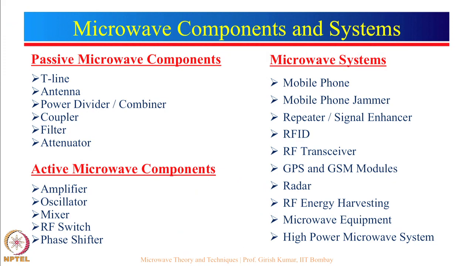So, just to conclude, we started with the course outline. We did mention what we are going to cover in this particular course, and we also looked into the history of electromagnetic waves as well as the history of microwave. So, how the microwaves really started and how the radio communication was established, when the transmission lines were developed and when the transistors and radars were developed. So, we will conclude